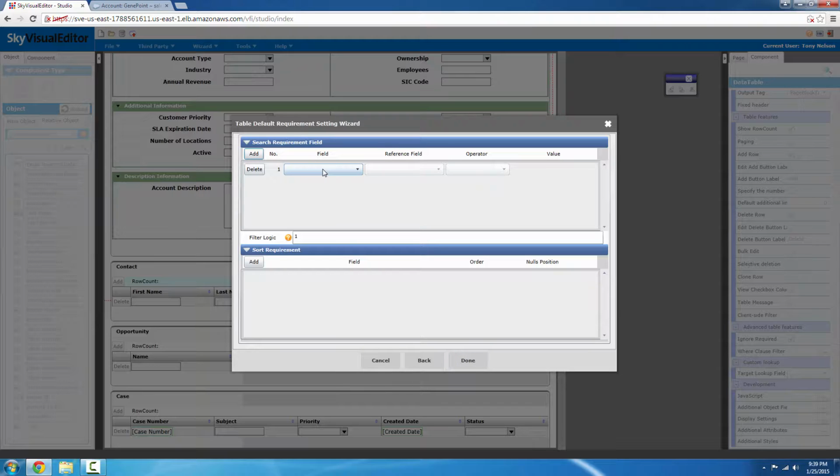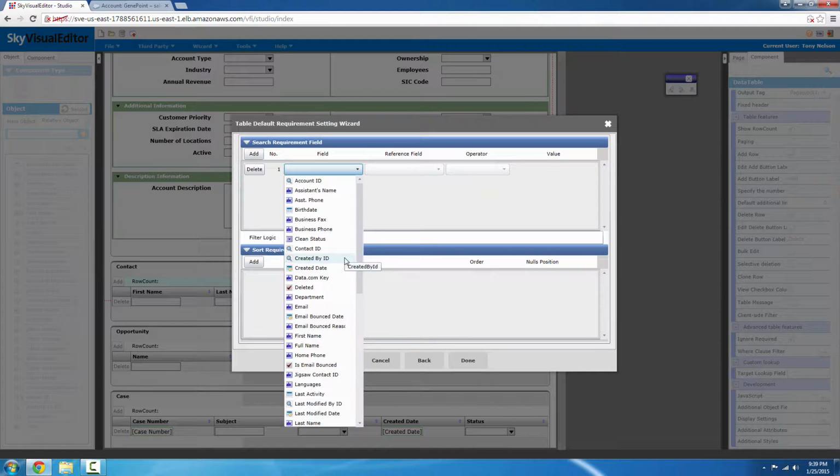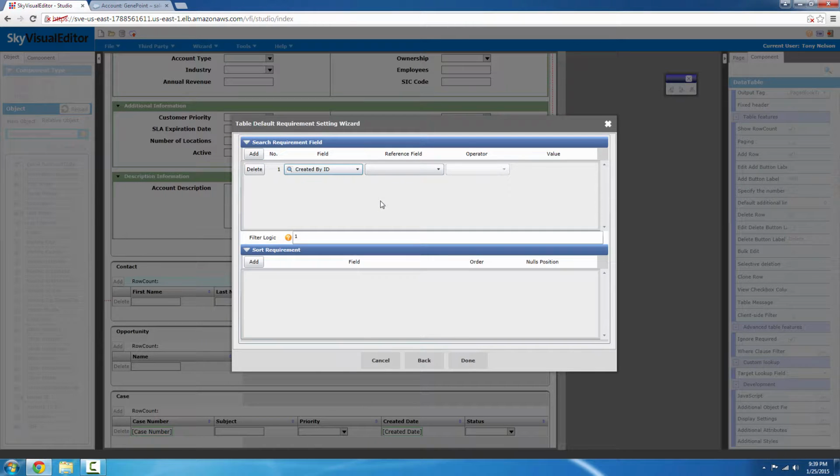We want to choose the field in which we're going to apply the filter to. In this case, we want to do Created by ID. And what we're going to apply the filter for is I only want to see the contacts that I personally have created. So we'll do Created by ID, reference the user ID, and say that I want this to equal